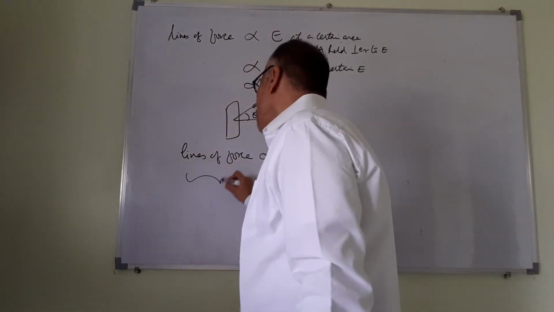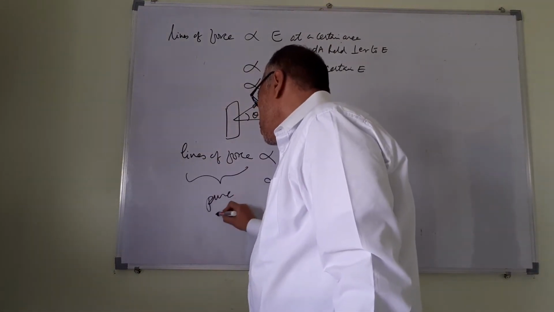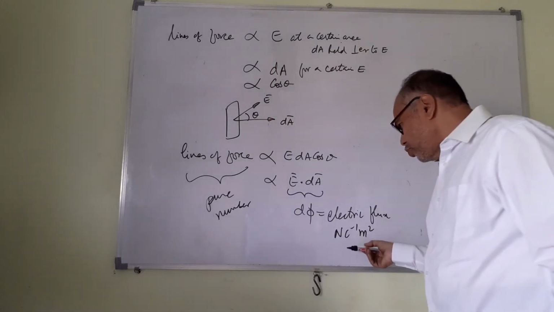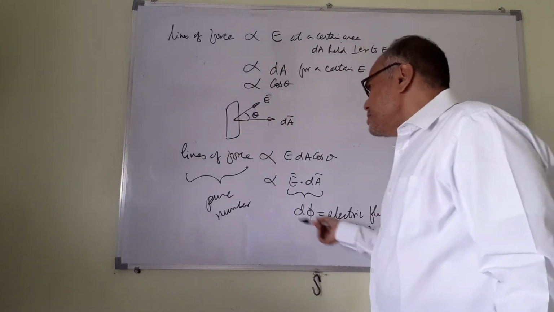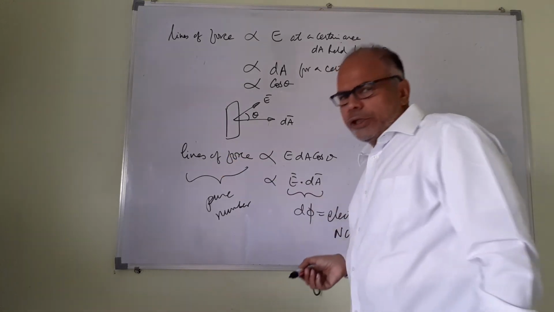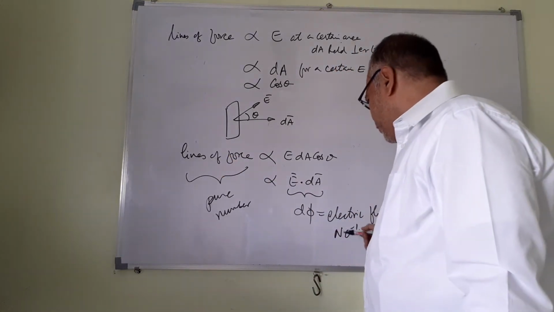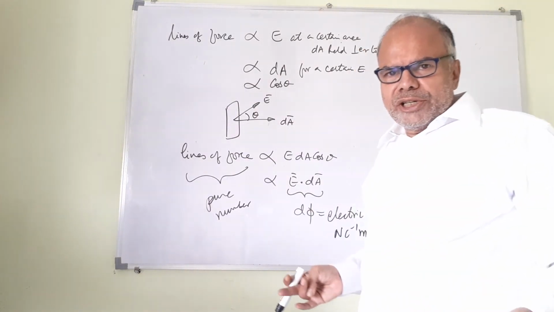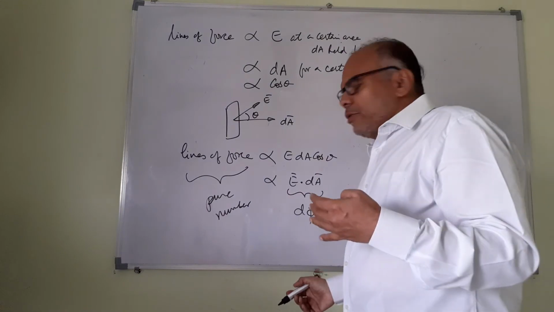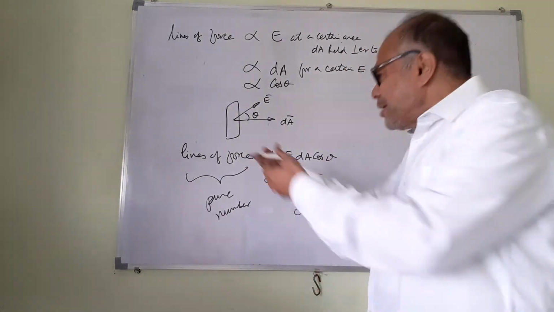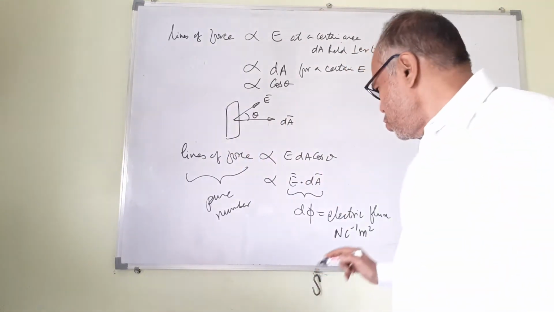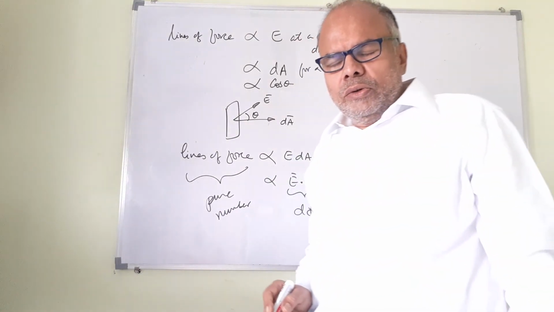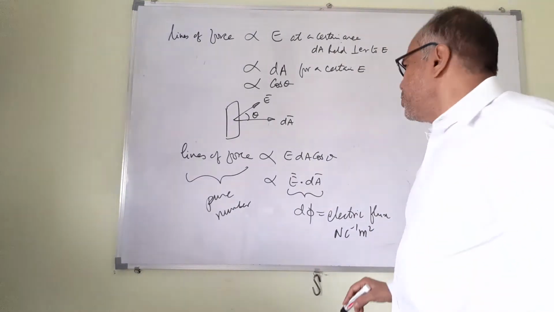So the lines of force are a pure number, but the electric flux is not a dimensionless number, it has units. But nonetheless, since the lines of force are proportional to the electric flux, it becomes a good measure, a proper measure rather, of the lines of force. So you need not actually draw the lines of force at all. You just consider the flux through an area and compare the fluxes in any situation.